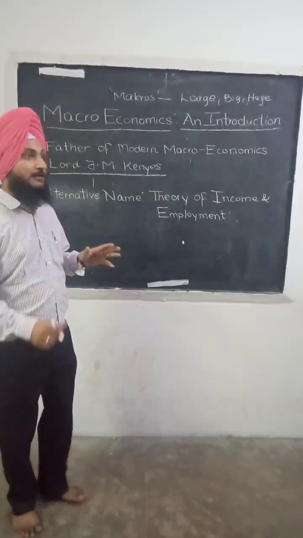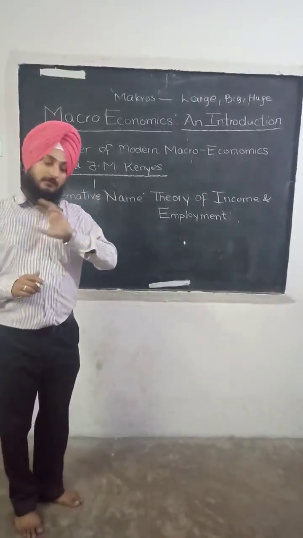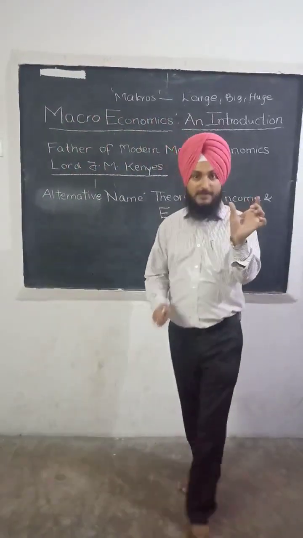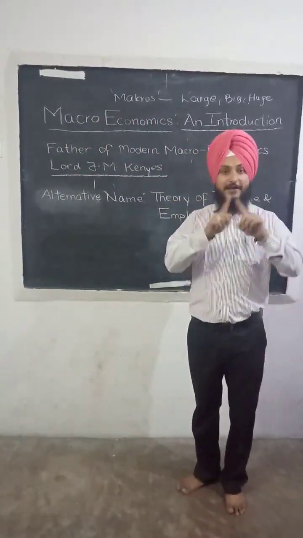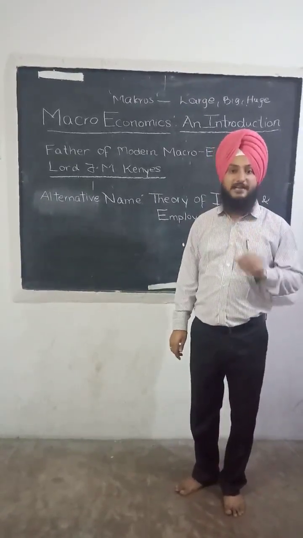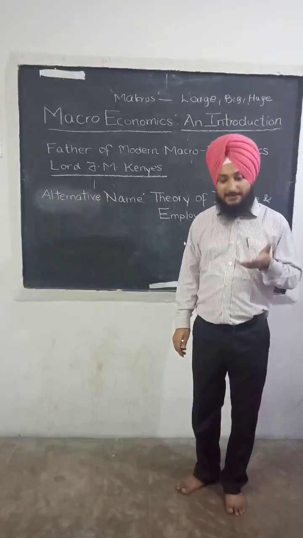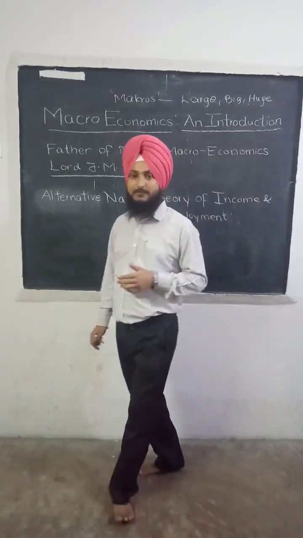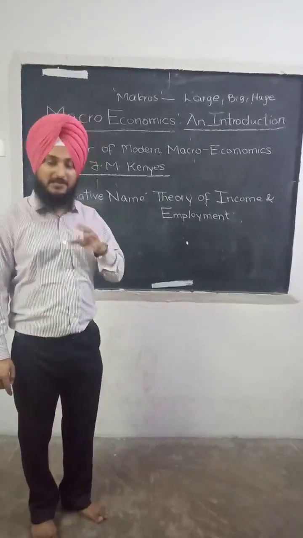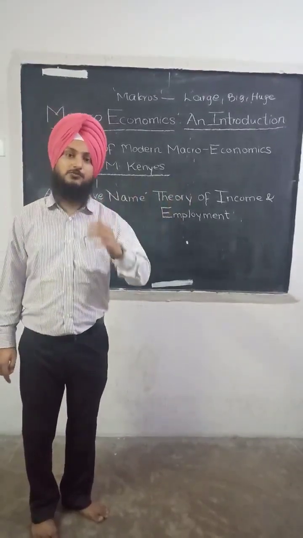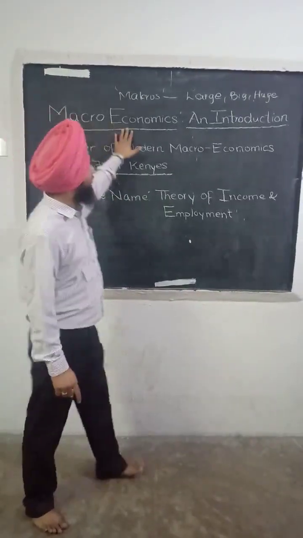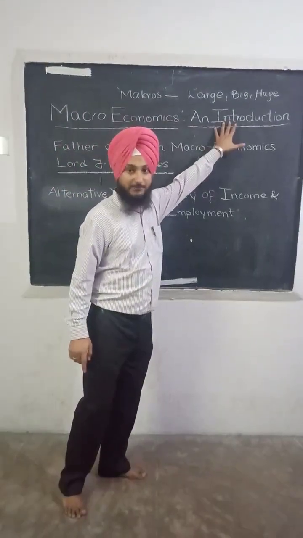Let's dive in. As we are aware, we will have two books of economics for the class plus 2: macroeconomics and Indian economic development. The weightage of both books is the same, 40 marks and 40 marks. The theory paper will be of 80 marks, and 20 marks will be for practical, viva and other things. We will discuss that later. We started the first book, macroeconomics, in the previous module, and now we are here with macroeconomics and introduction.